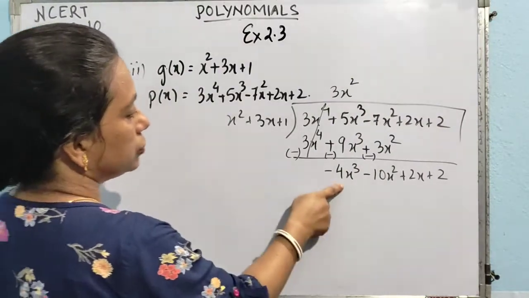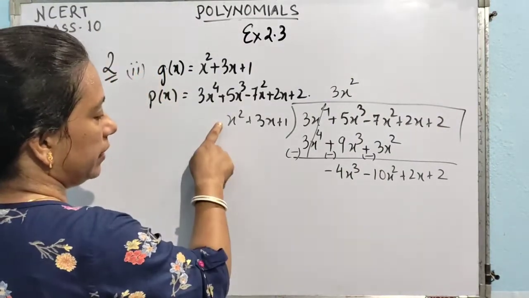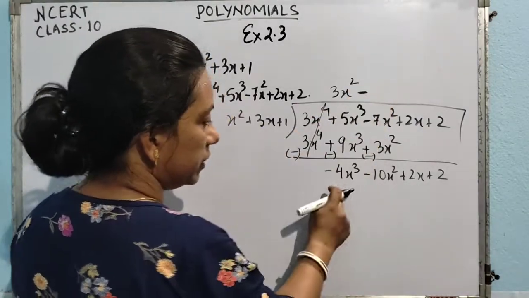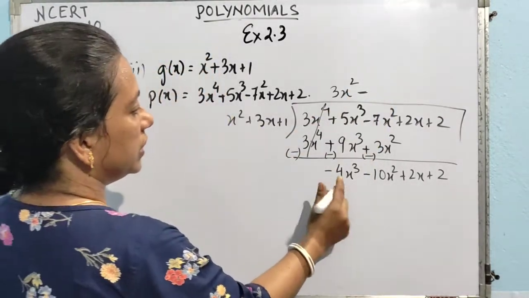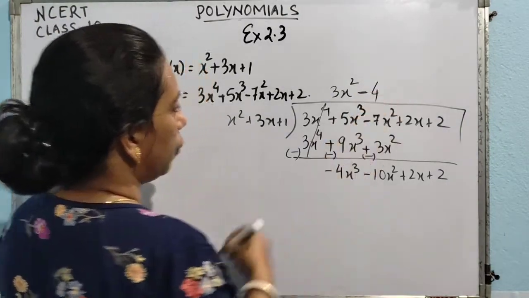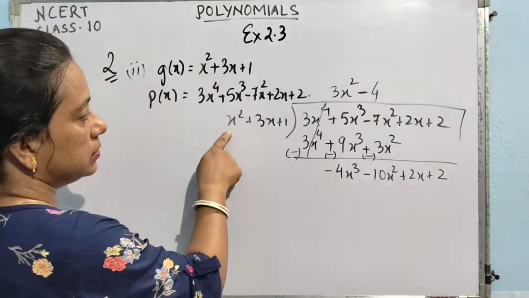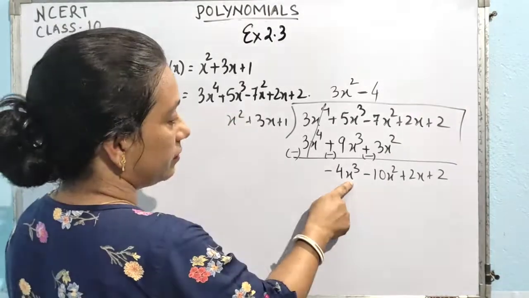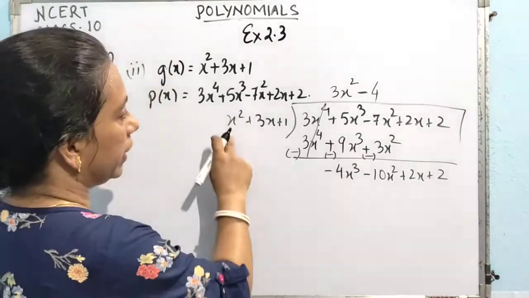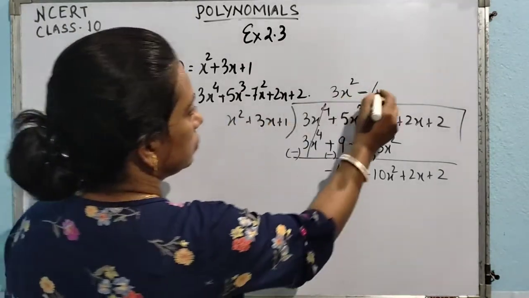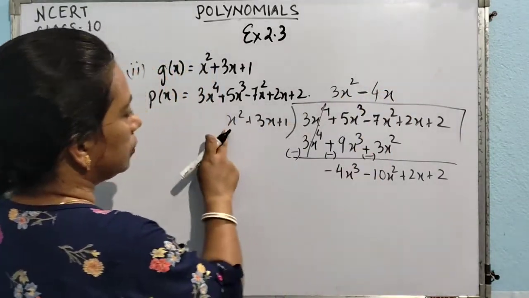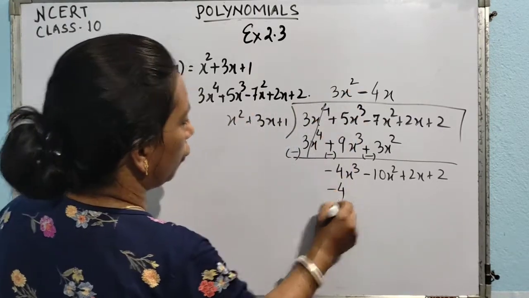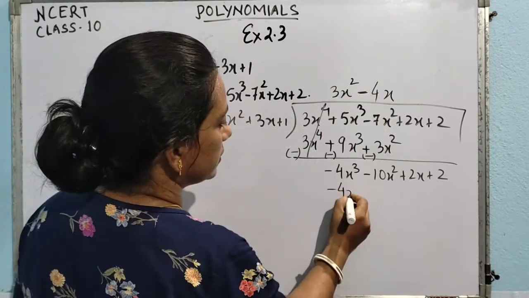Now our target is to get minus 4x cube. So here it is plus, here it is minus, means definitely we need one minus because plus into minus will give you minus. Now what about the coefficient? It is 4. So we need 4. Now see the terms, see the variable, its power is square 2, its power is 3. So we need one more x in order to get x cube, isn't it? X square into x gives you x cube. Now see, plus into minus, minus, 1 into 4, 4, x square into x, x cube.